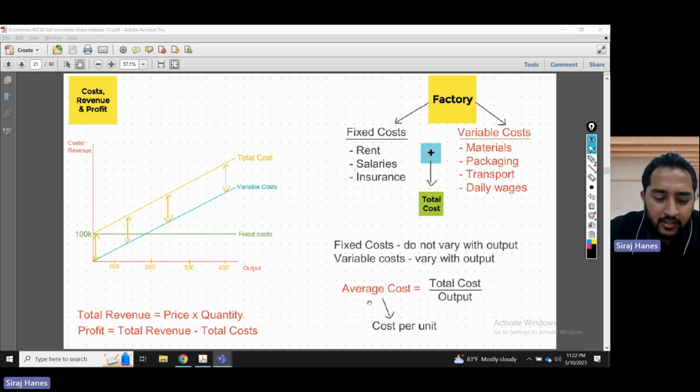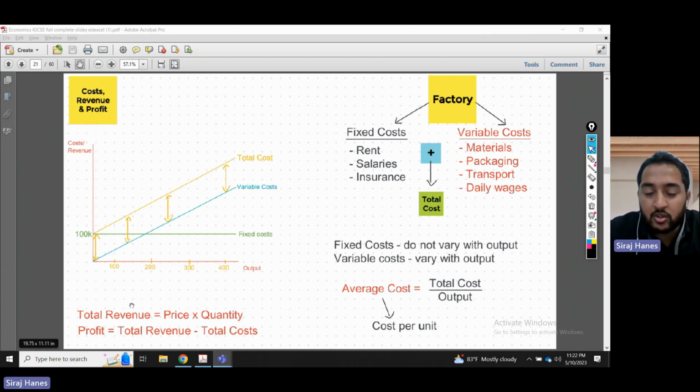How do we find total revenue? This is the total amount of money that the business gains, the sales, in other words. Total revenue is found by multiplying price into quantity. You're making brownies and you're selling. How many brownies did you sell? 10 brownies. How much is one brownie? $10. 10 brownies into $10 is $100, your total revenue.